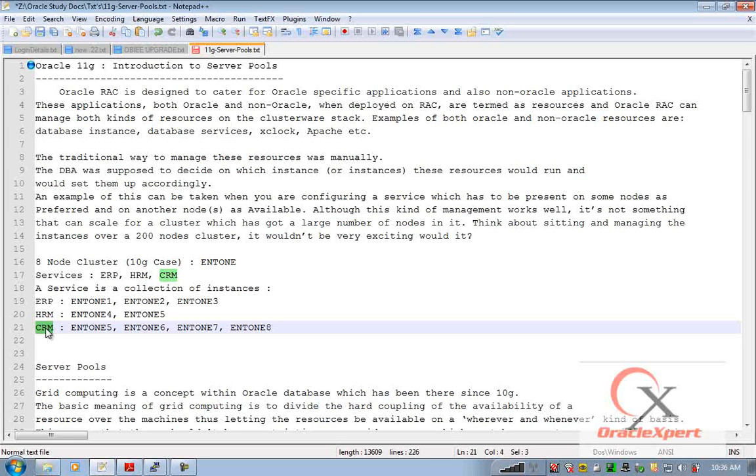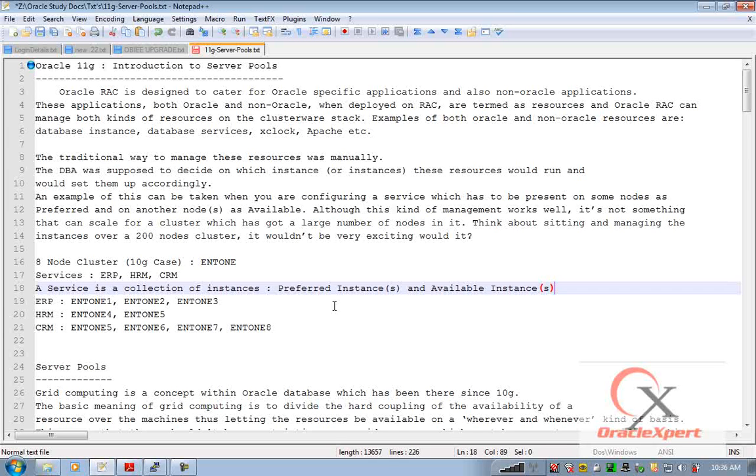So earlier all this management was done by the DBA. As part of this exercise, a DBA would define a service. As part of that service definition, he would define preferred instance or instances and available instance or instances. A preferred instance is where a connection is routed. An available instance, although it participates in a service, will not accept an incoming connection if preferred instances are available. If one of the preferred instances goes down, then the available instance will be available for catering the incoming user connections. So as part of a service definition in 10G, which was purely manual management,